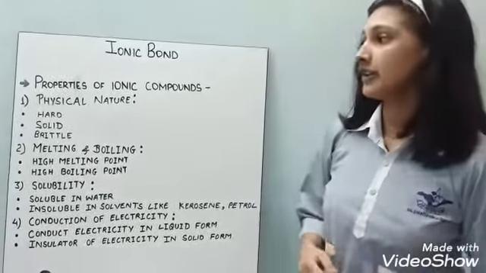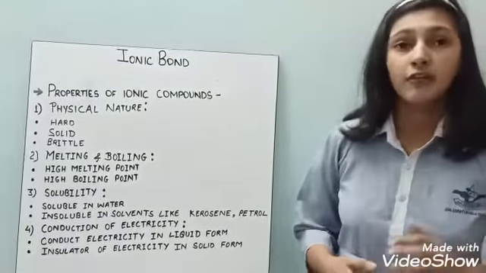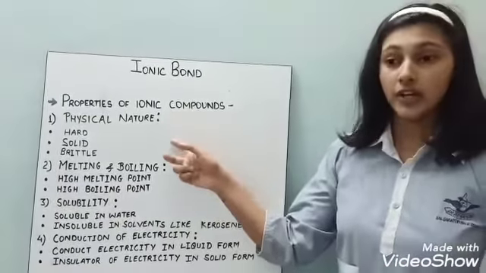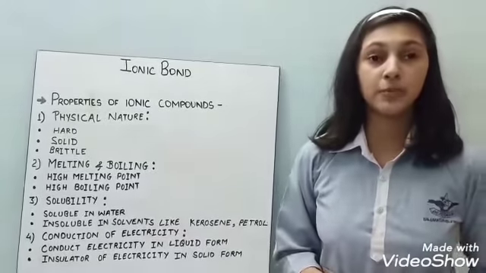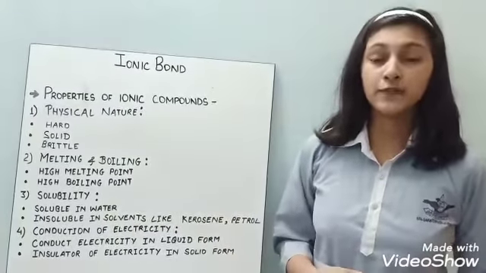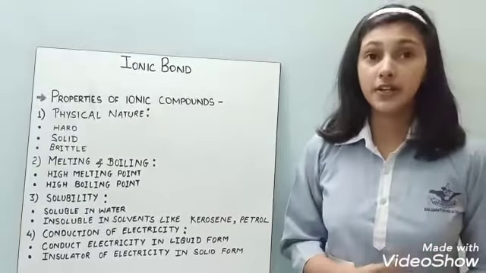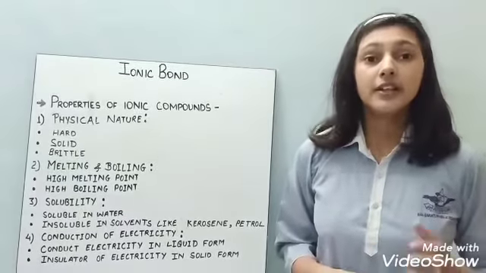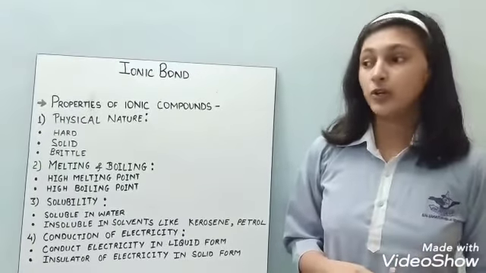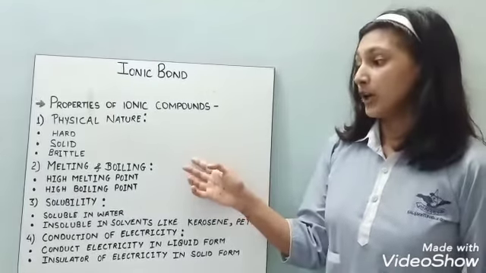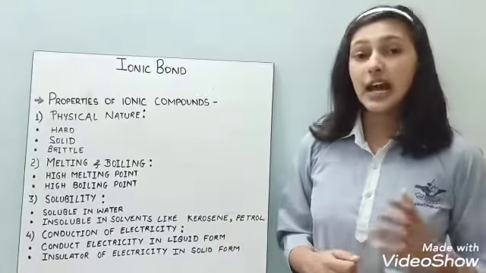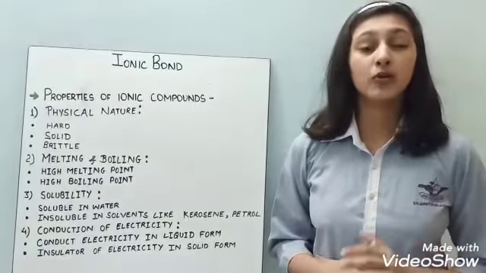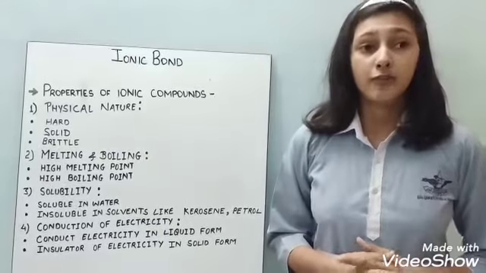Now let us start with the properties of ionic compounds. First of all, their physical nature. Ionic compounds are generally hard and solid due to the strong force of attraction between the negatively and positively charged ions. They are generally brittle, and if pressure is applied, they can be broken into pieces. Now, melting and boiling point. They generally have high melting and boiling points because a considerable amount of energy is required for their